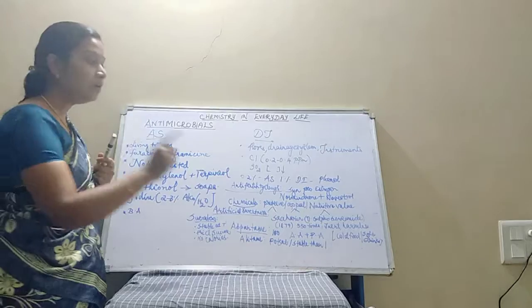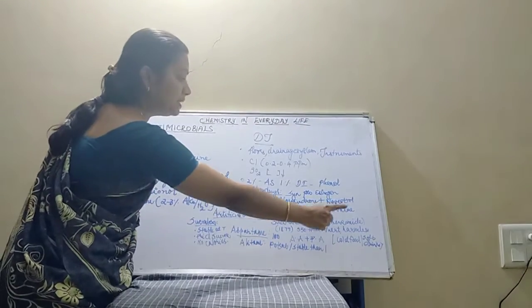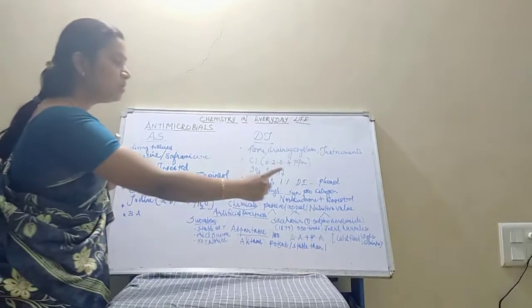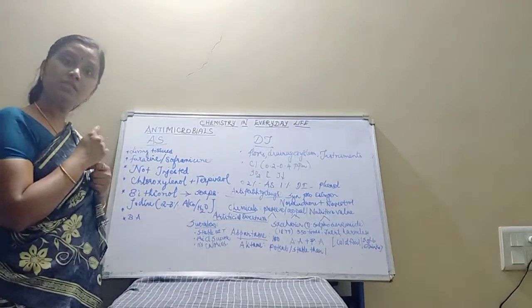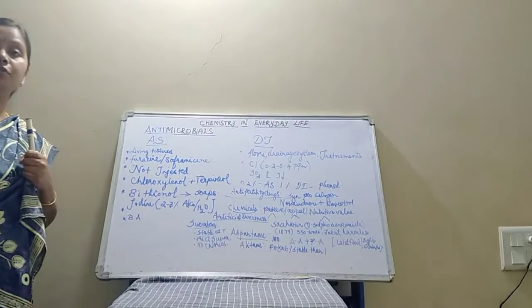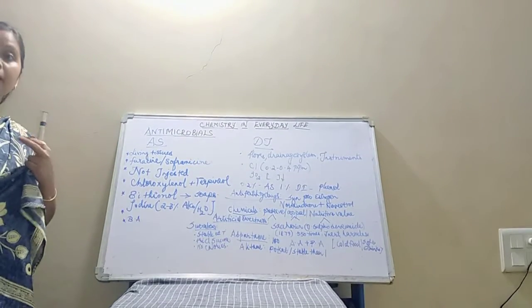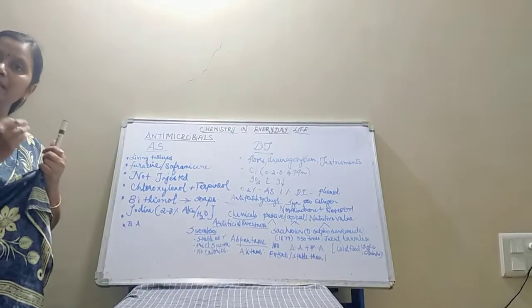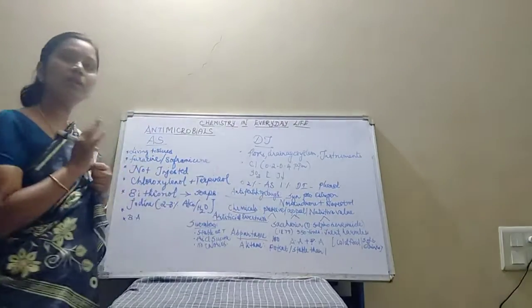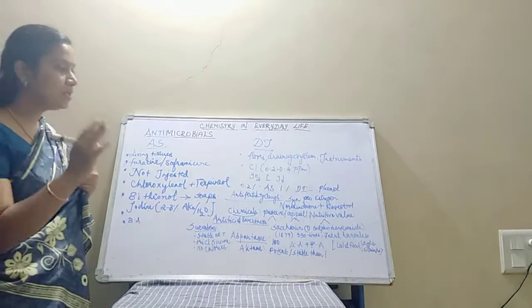Saccharin is nothing but orthosulfobenzamide. So what is saccharin? Saccharin is nothing but orthosulfobenzamide, which was discovered in the year 1879. Saccharin gives you 550 times the sweetness of your cane sugar. And it is inert, it won't react with the human body, so it is harmless.